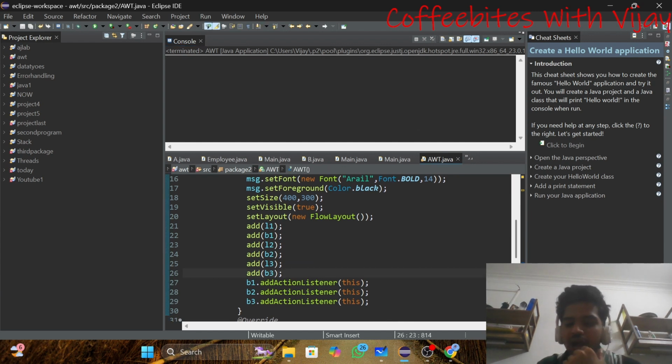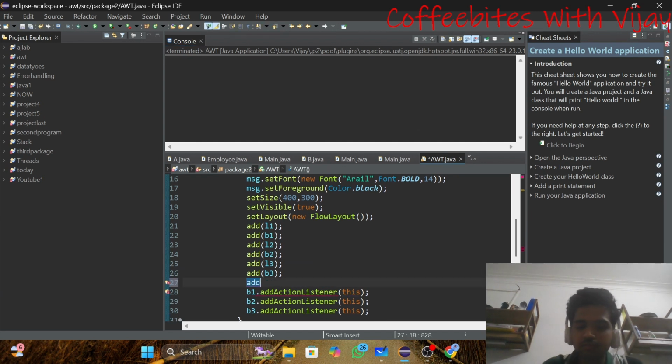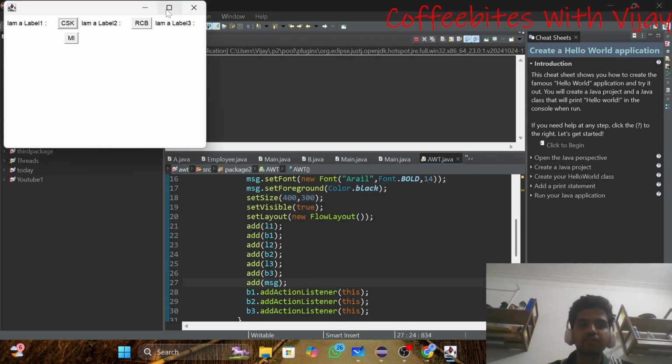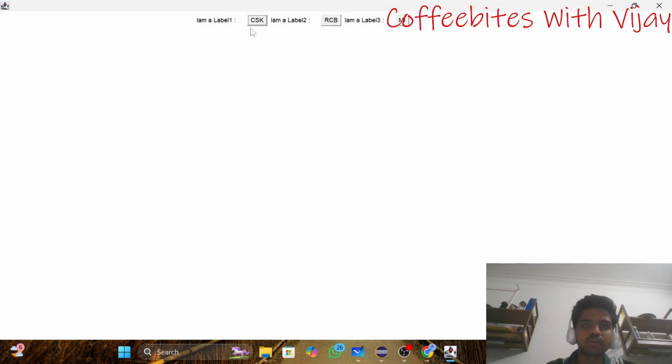Yeah, guys, I forgot to add this label, this message component to the container. I forgot to add this. Now I have added. Now let's run this. Okay. Now I'll press on CSK.